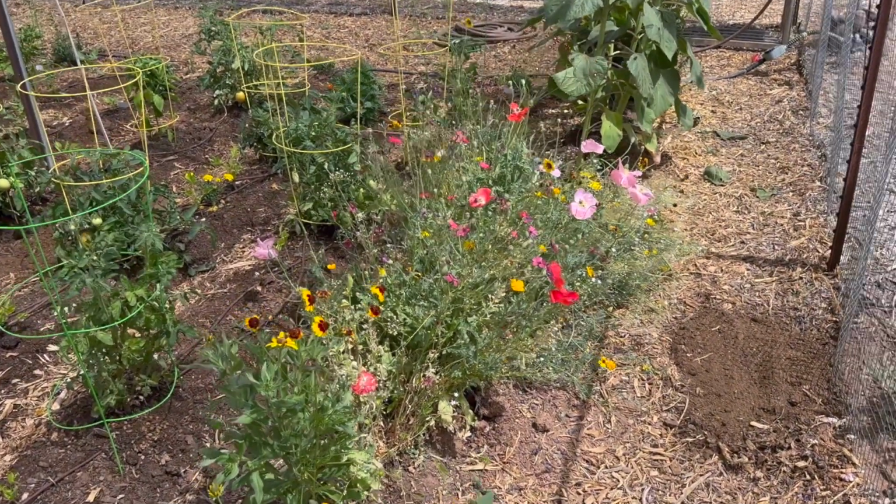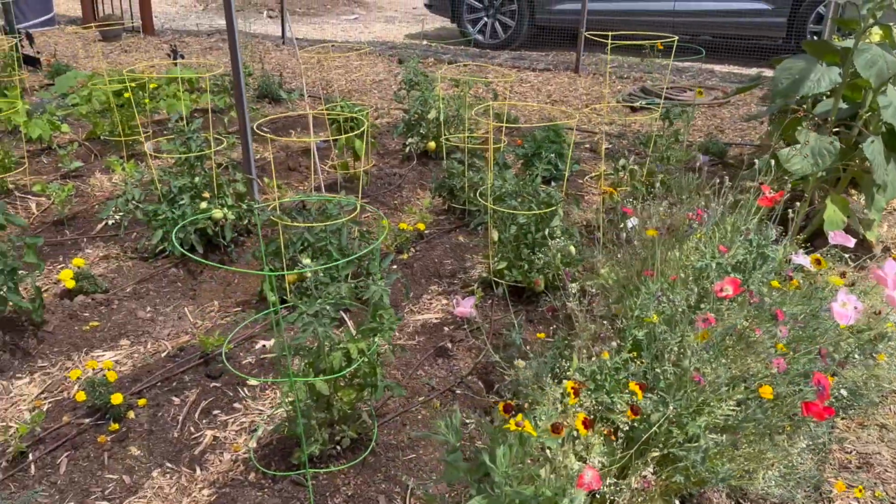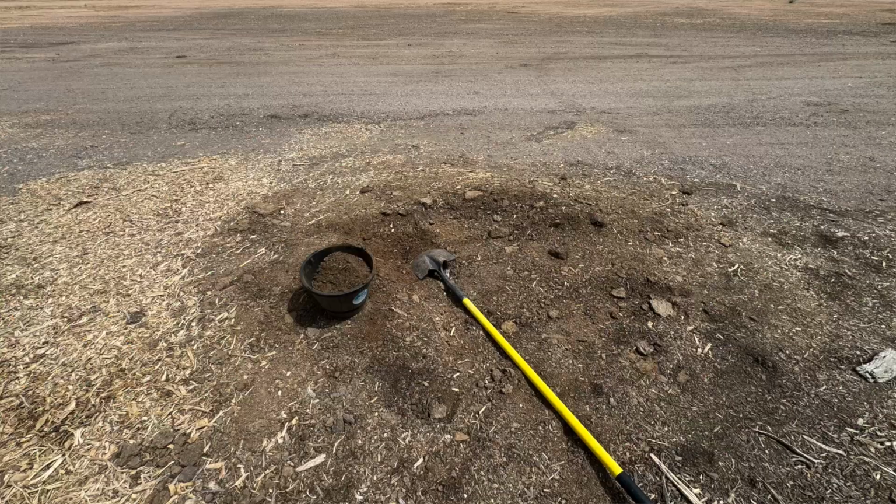Got done filling all the holes that were dug to trap gophers, and I got the dirt from outside here. I'll get a close-up. I used the bin,